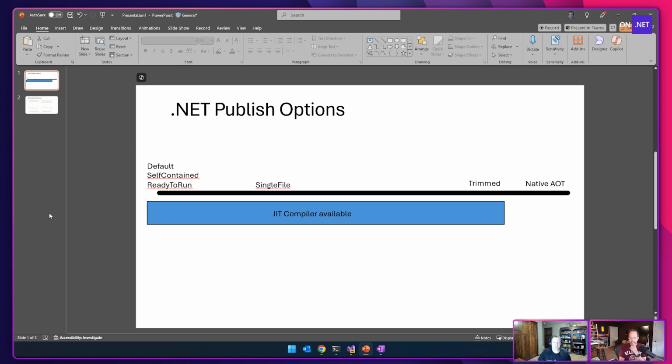There is no JIT compiler in a native AOT app, so there's a bunch of things that you can't do because of that, and you get warnings or runtime errors if you try to do them. For example, in normal .NET, you can generate IL on the fly and then run that IL. Obviously, you can't do that in native AOT because there's no JIT compiler there.